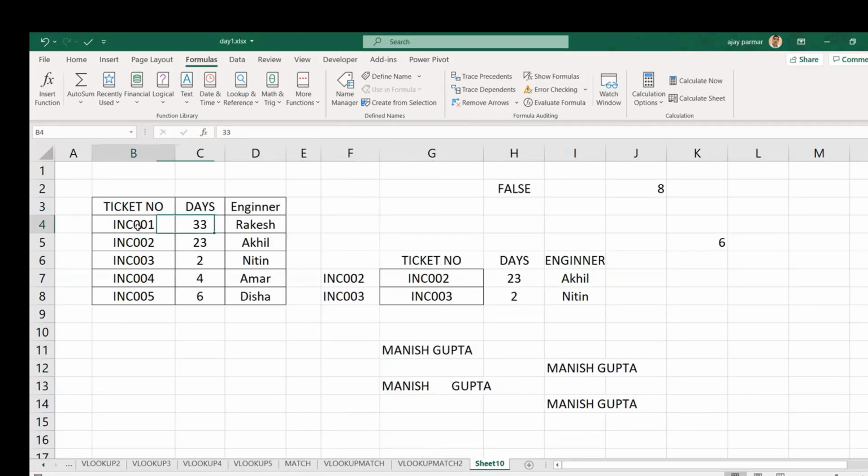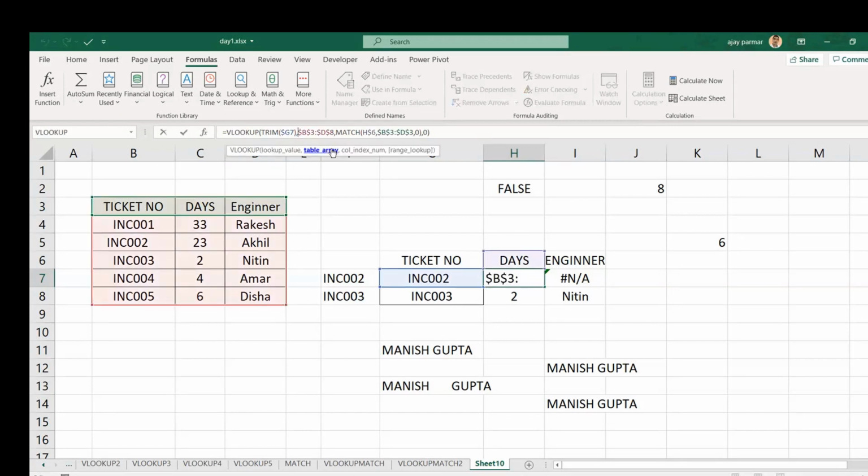What if you have spaces in the ticket number here? What would you have done if, let's say, there is a space here? Now you see again the error comes. Now the problem is not in this ticket number. The problem is here, and this cannot be taken into the formula. Some people say, okay, the trainer has told me to trim, so they start trimming the entire table like this also. I'm telling you,